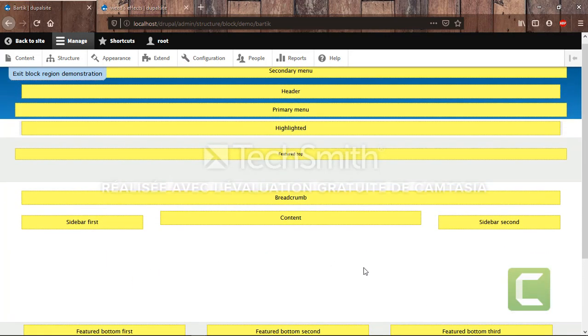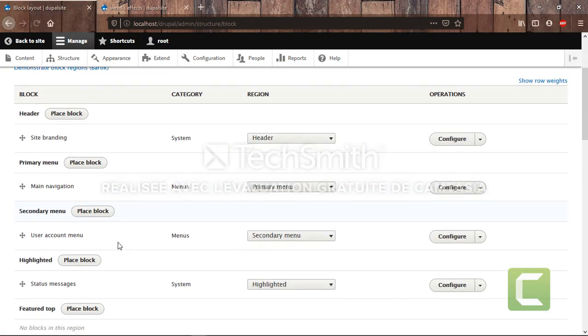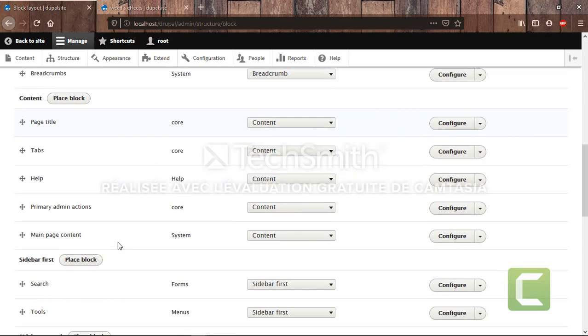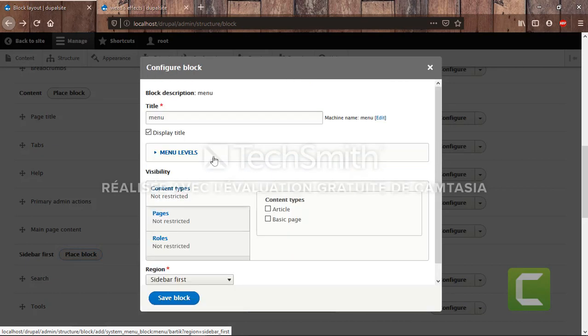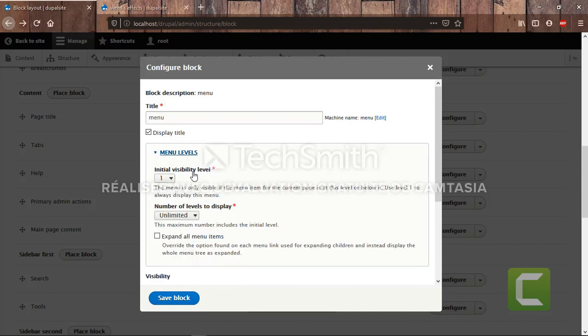So I'm gonna choose to have my block in the sidebar. I'm going to go to sidebar first and choose my menu, which is called menu. As simple as this. And we have the visibility and the region as we saw in blocks before.